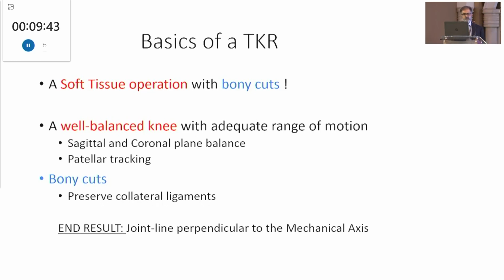cuts. What we look at, or what we want to achieve, is a well-balanced knee with a good range of motion and a good sagittal and coronal balance and a good patellar tracking. The bony cuts need to preserve the ligaments, the collaterals, and the end result needs to be a joint line that is perpendicular to the mechanical axis of the lower limb. And this is the same that we aim for any knee replacement, whether it's got an intra-articular deformity or an